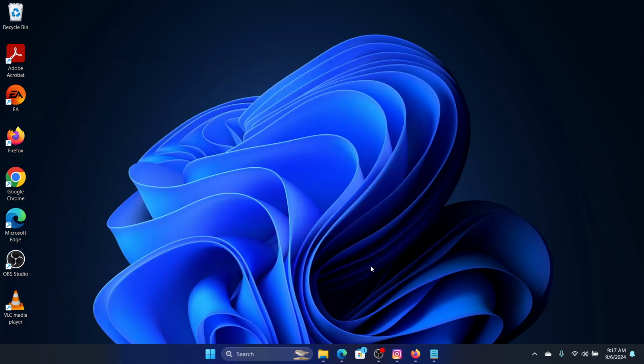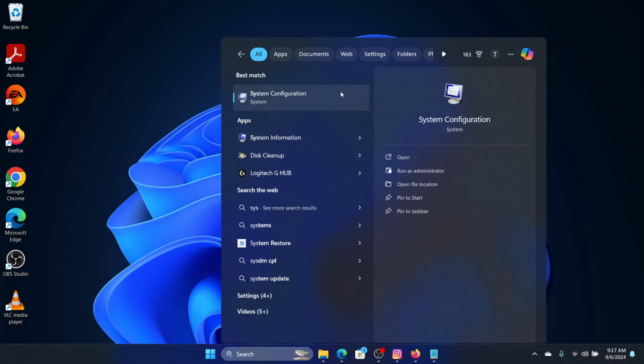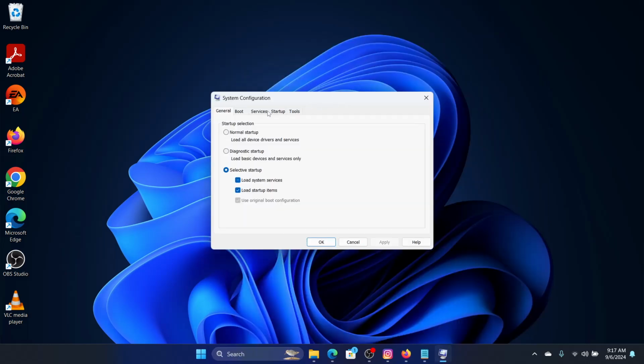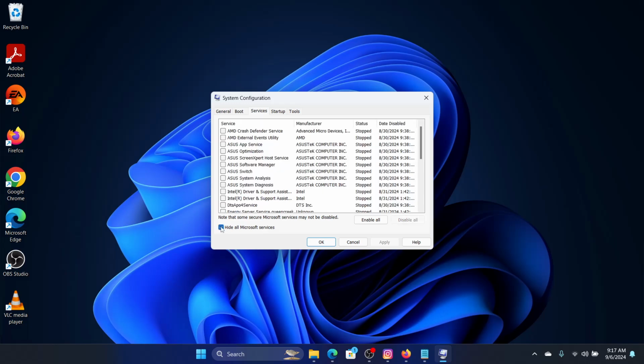Now, the last thing we'll do is restart the system in the clean boot configuration. For that we need to go to system configuration and then click on services. Very important to remember that we need to check this box, hide all Microsoft services, and only then should we